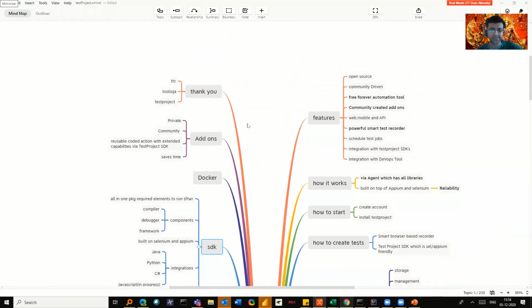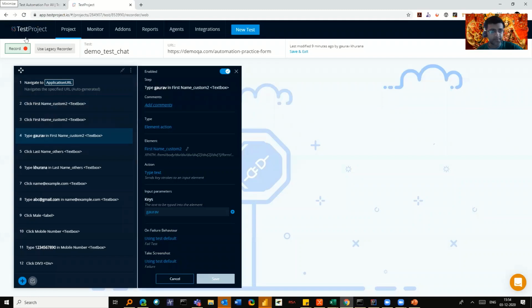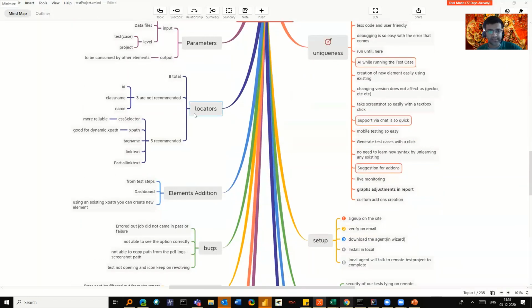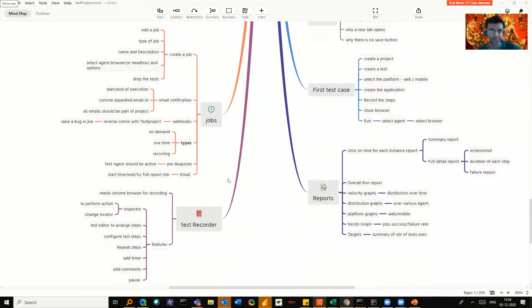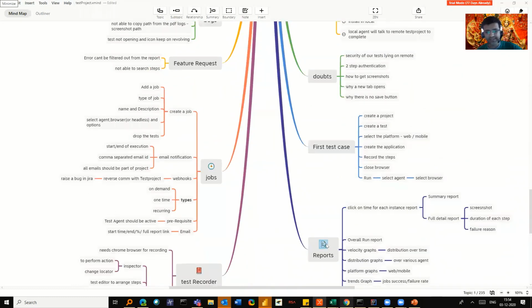These are usual things which I think others also provide, but they have a powerful smart recorder. So I have written all the other things that you can do, even validations. Like here below, it gives the option of even taking screenshots. I would not have listed all of them here. Now coming to the features, all 8 locators are available. All these things are written here, which I can share with you later, and what all kinds of jobs it provides. And there are various kinds of reports.